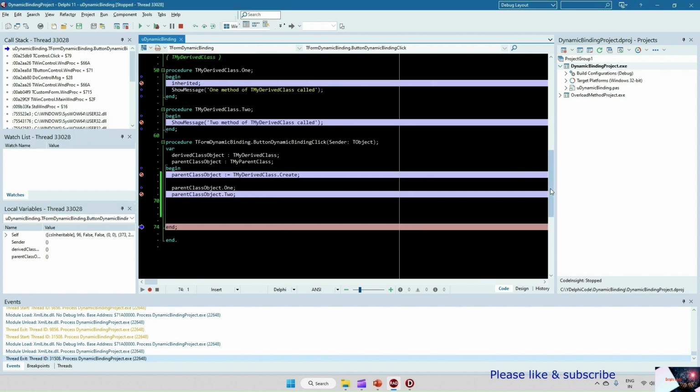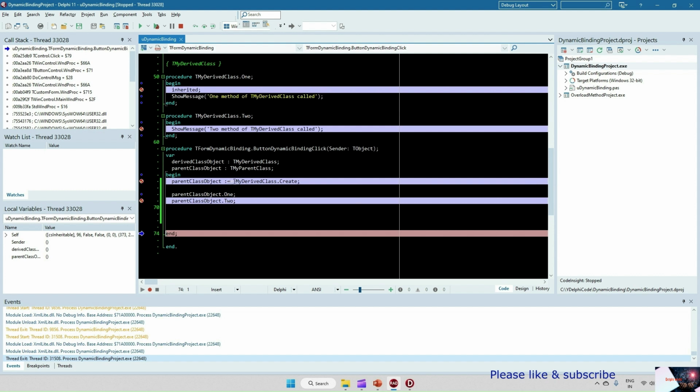So whenever the method is overridden, if you create an object of the derived class and assign it to a parent class variable, and then call the overridden method with the parent class variable type, it will directly go to the derived class one method. It will not go to the parent class one method. So this is all about the dynamic